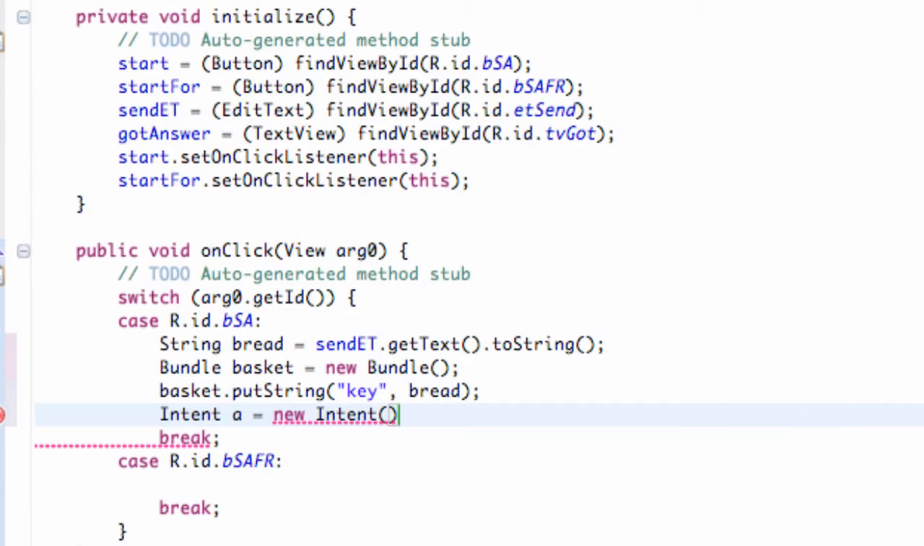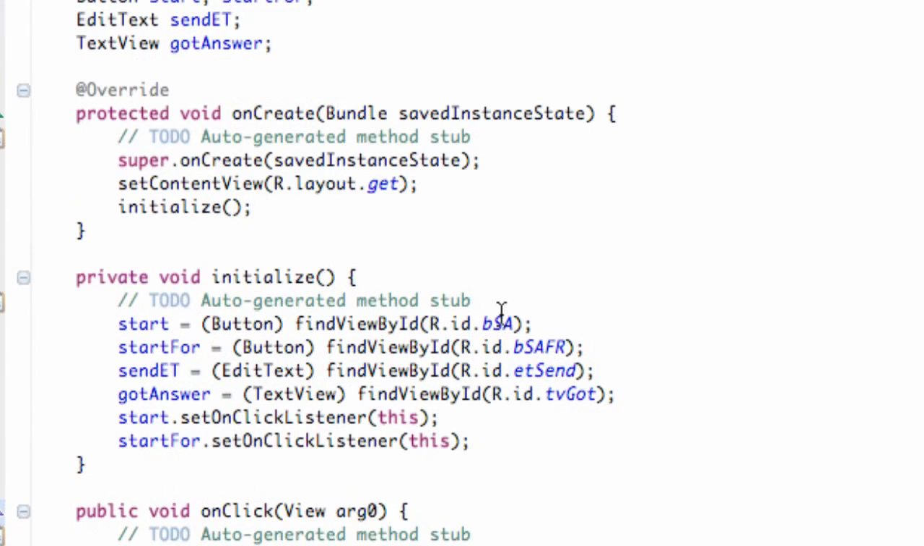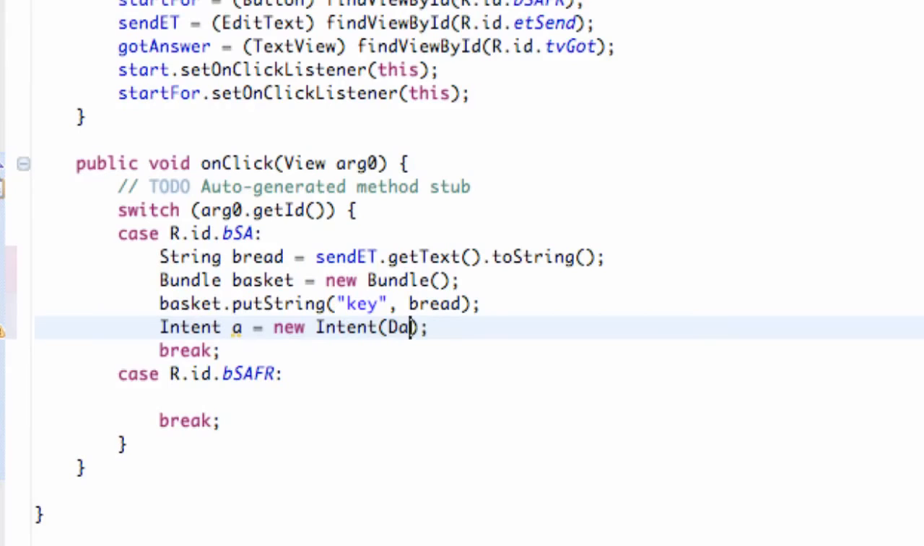And as always we say new intent. But this is going to be a little bit different parameters for the most part. So instead we got to give the context, and then we got to say what class we want to open. So we're going to say the context of this class, which is called data. So we're going to say data.this, comma, and then the class name that we want to open. And so we're going to say open class